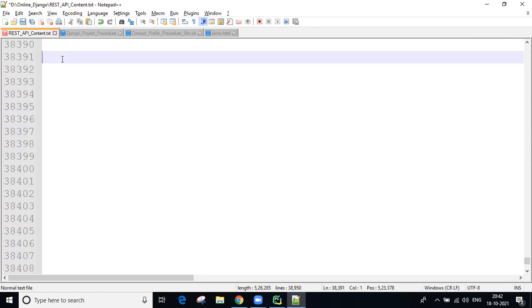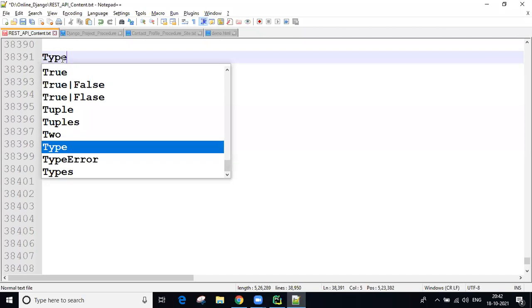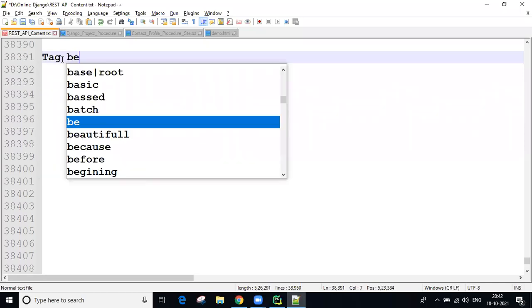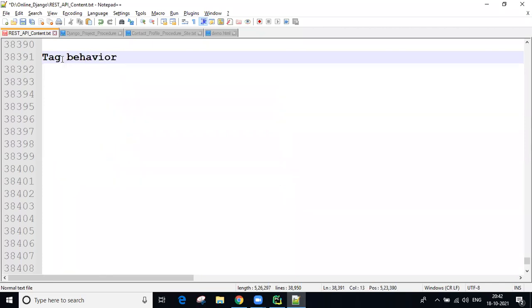Okay. So now next, the types of tag behaviors, guys. Based on the tag behavior, all the HTML tags are divided into two types. Simply you can take it as types of tags, types of tag behaviors.